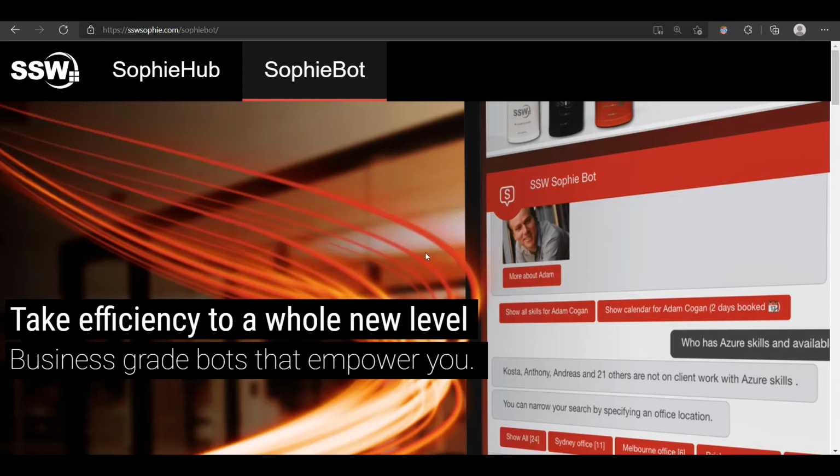Today I'm going to show you how we are using the language understanding service LUIS to build SophieBot. SophieBot is an AI chatbot that leverages the power of Microsoft Bot Framework and the LUIS service to let enterprise users handle daily work using natural language. It supports interactions through various channels, including Microsoft Teams for the current version and more in the future.